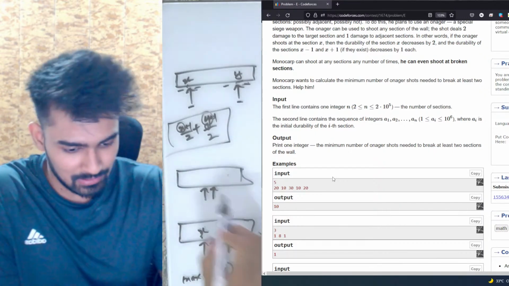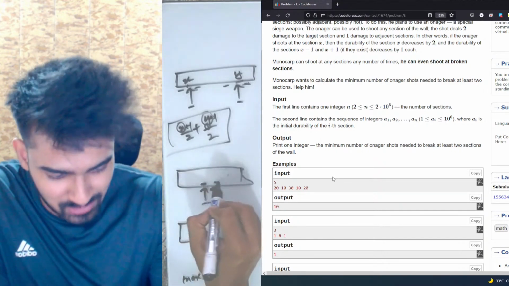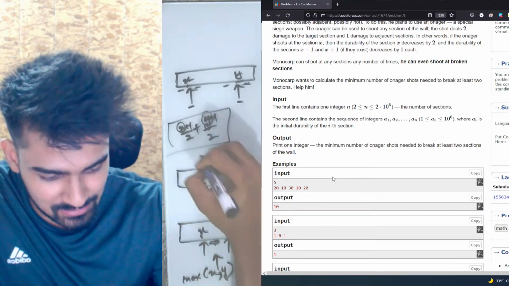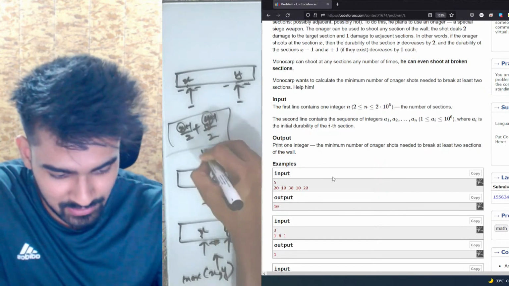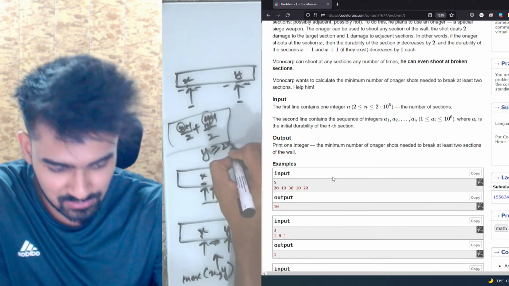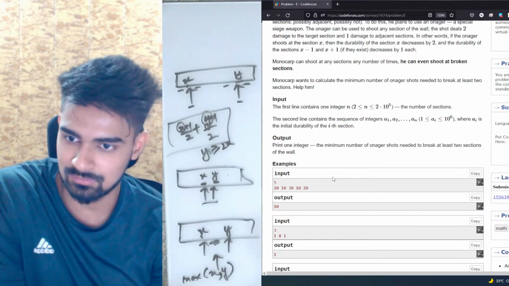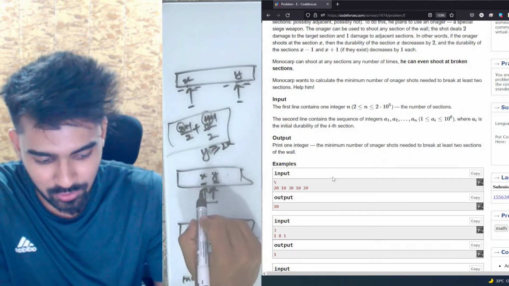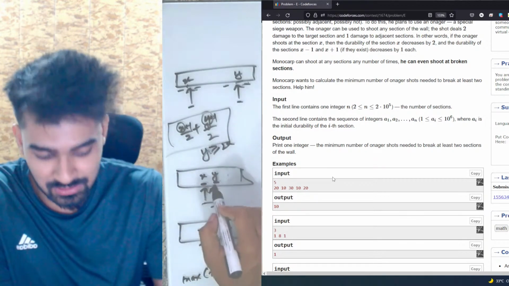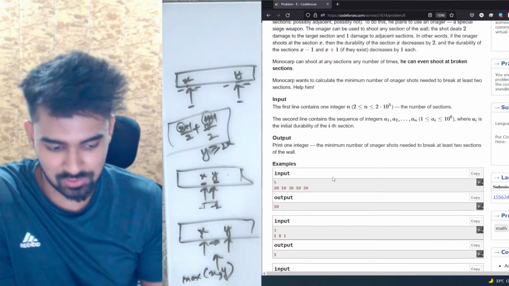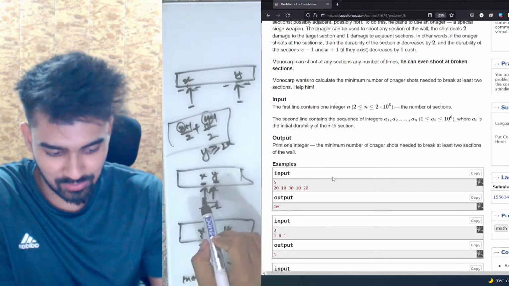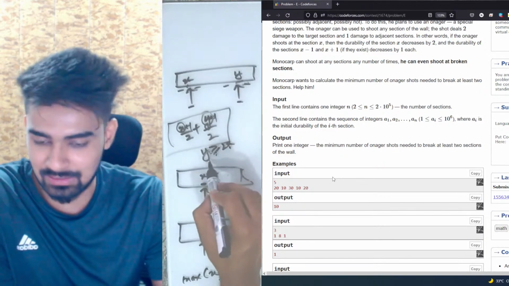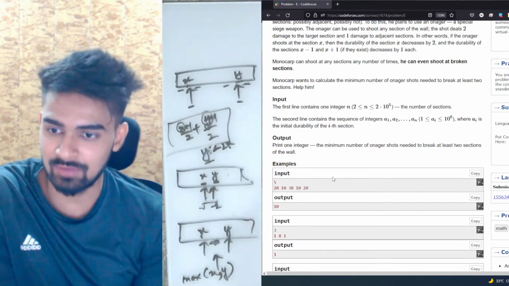In this case, when we have two adjacent, we'll apply a property here. If this is x and this is y, and let's say y is bigger, if y is greater than 2x, that means we just have to break y, and x will automatically break, because y receives -2 and x receives -1. If we are making 2x blows here, then this will become -x only, and that will be done. So if y is greater than 2x, then y is the answer. But if y is less than 2x,